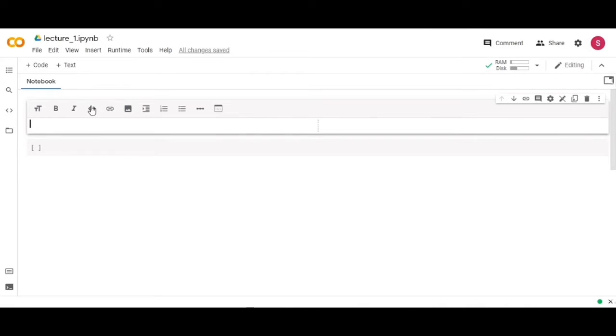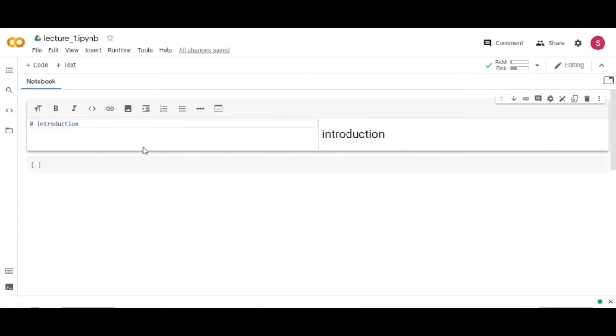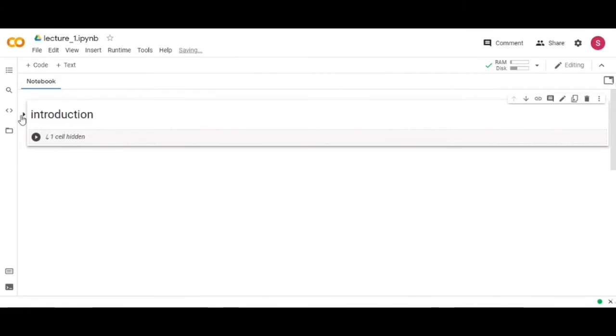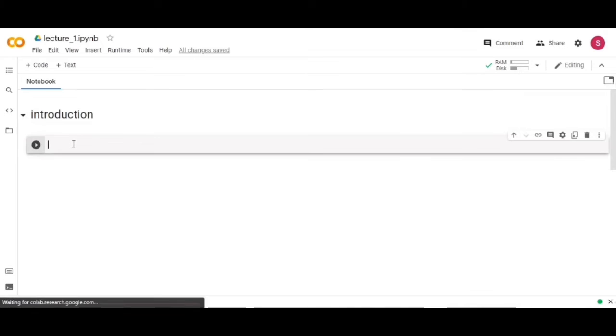By double clicking in this section, you can type anything. I just type introduction, and you see it is nicely written here. If you click on this arrow, this cell is hidden. Under this section, you can work.